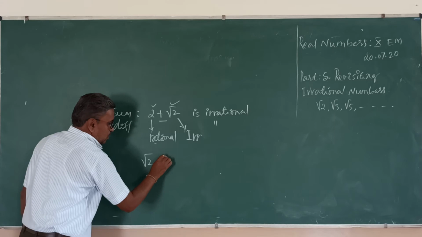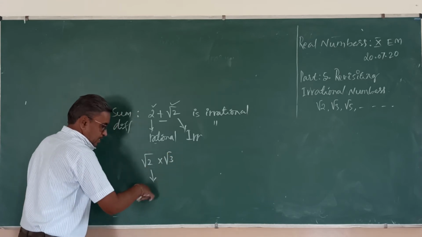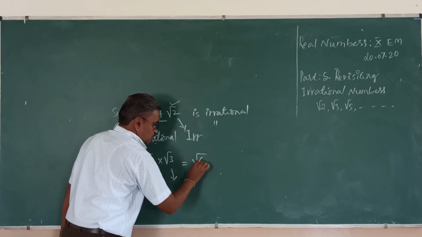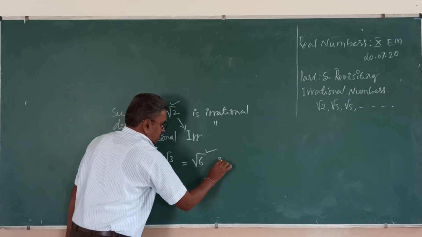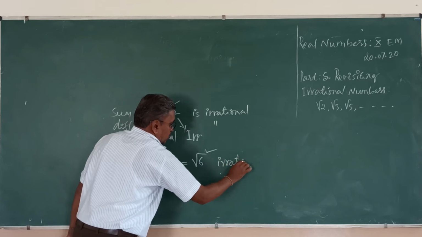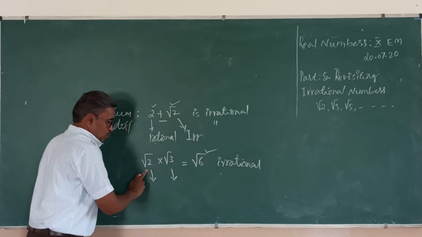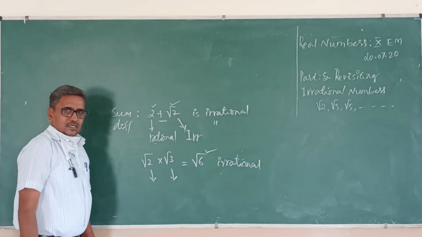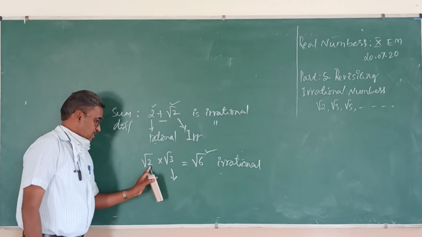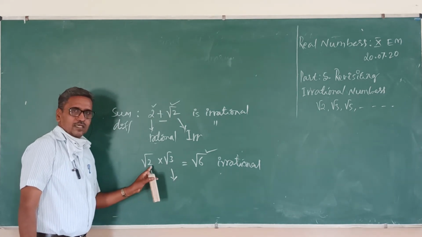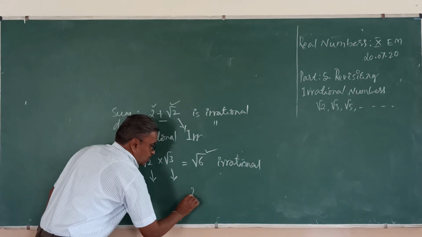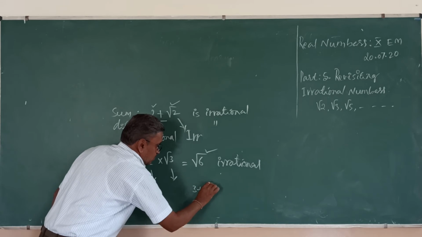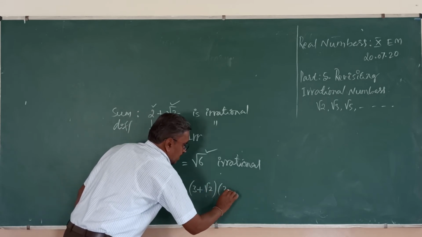Now root 2 into root 3. Root 2 is irrational. Root 3 is irrational. Root 2 into root 3, that is root 6, is also irrational. Product of two irrationals is irrational. Yes, sometimes it is totally irrational. But sometimes, like 3 plus root 2 into 3 minus root 2,